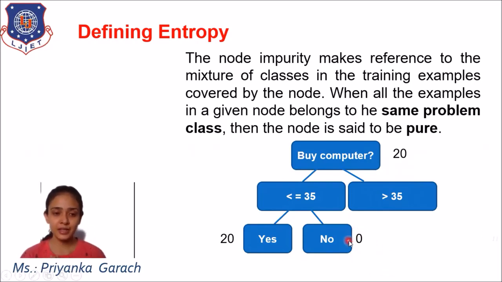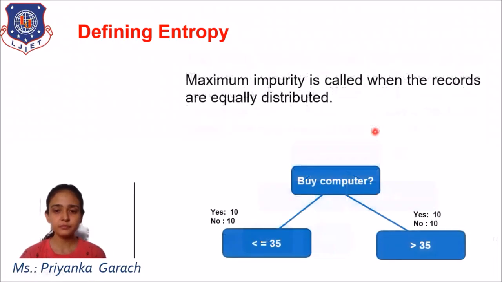It means I can say with confidence, based on my data set, that all the people who have age less than or equal to 35 are buying the computer. The people above age 35 are not buying the computer. With confidence I can say this, because all my class labels fall at one position and there is no confusion, because my value of no is 0 here, and also there are no rows in the greater than 35 branch. So this particular node is said to be pure because we are getting the exact answer.